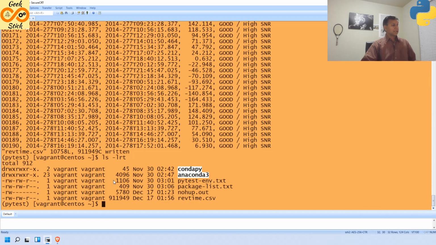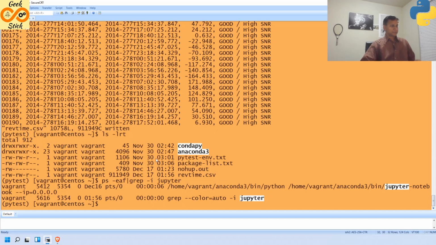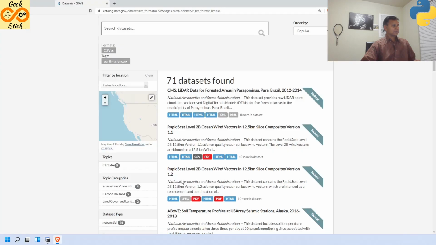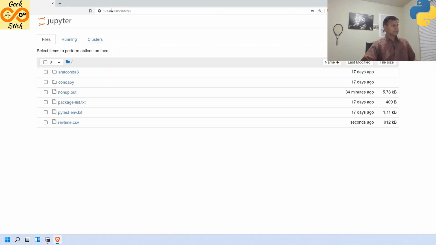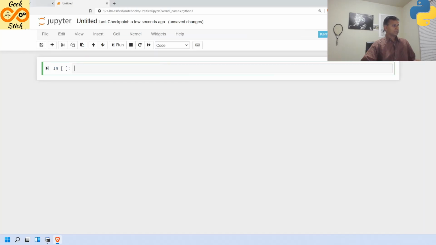Now, I already started the Conda Jupyter Notebook from this environment. We can see it is already running at this address. I started it from here in this place. I'm going to create a new Python notebook. Good, it started. Now let us first write what we are going to do.